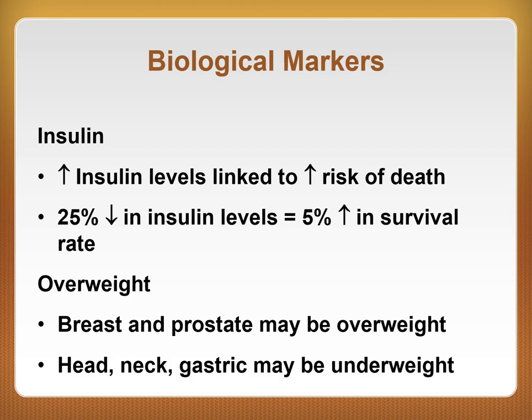Physical activity is posited to affect body composition and adiposity. These changes in body composition lower cancer risk indirectly by changing factors associated with higher body fatness, such as positively affecting biomarkers of systemic inflammation, improving insulin resistance, decreasing blood insulin level, and lowering the production of sex hormone. As known, increased insulin levels are linked to increased risks of death. If physical activity participation leads to 25% decrease in insulin levels, which in turn results in 5% increase in survival rate,